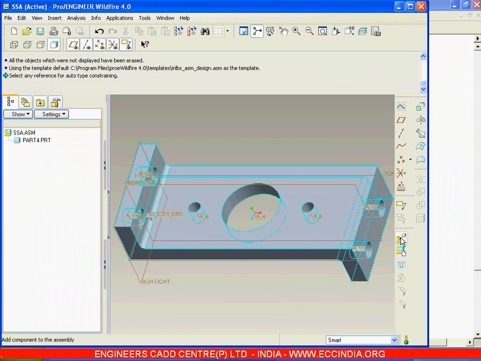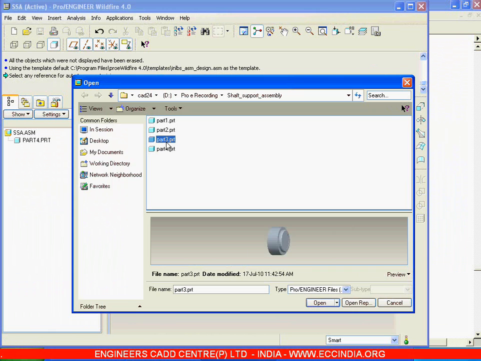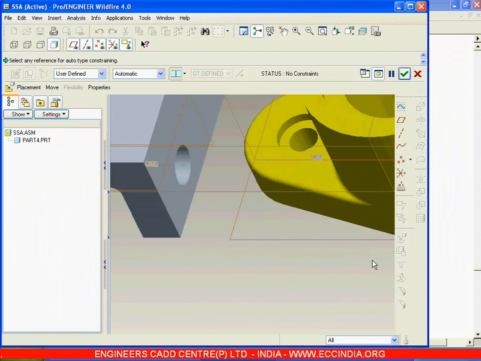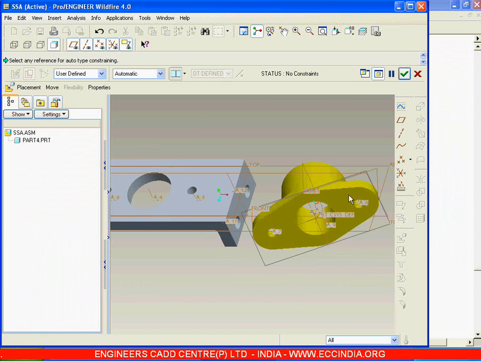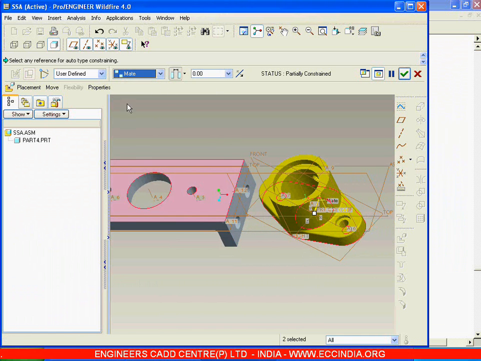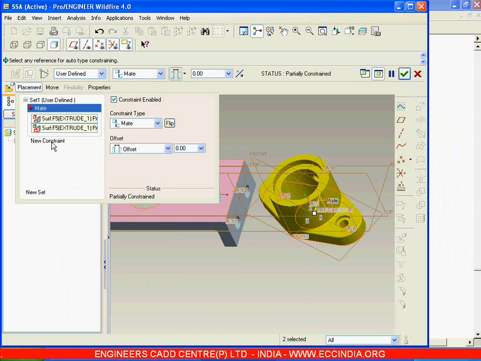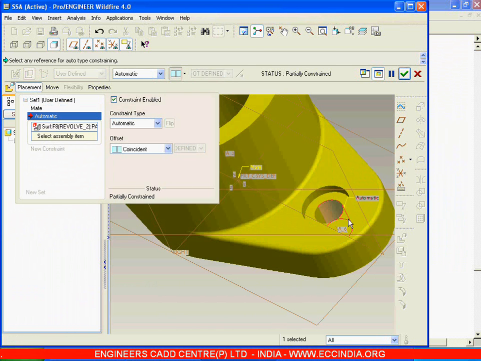And now call the second component, see the preview, and call the second component. This is our second component, which needs to be assembled at this particular location. So this surface has to meet this particular surface. So select this surface and this surface and say mate, and going with placement, new constraint, and just select this